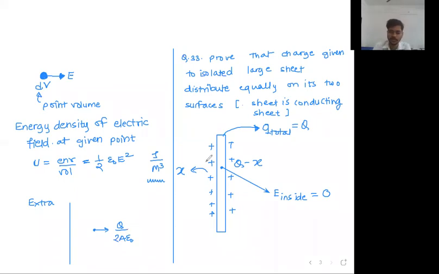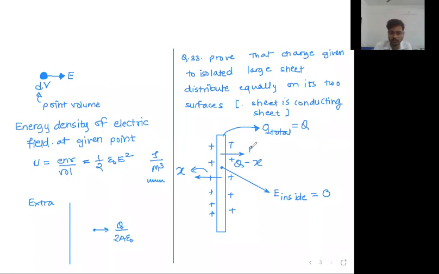Now here we will consider two sheets. One sheet having charge equal to x and another sheet having charge equal to q minus x. So because of the first sheet, electric field will be rightward. पहिल्या sheet मुळे electric field कशी येणार? Rightward. Because of the leftward sheet, at this point electric field will be rightward, and because of the second sheet, electric field will be leftward. Okay, these are the two electric fields present at this point, and those two electric fields will cancel each other.